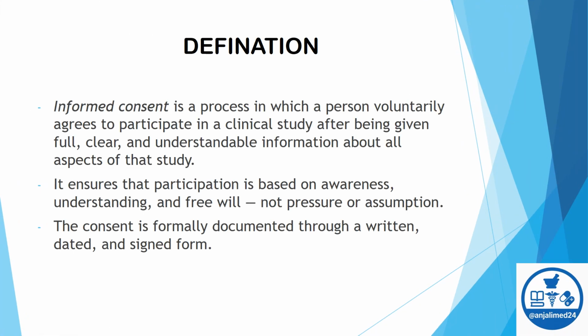Definition. Informed consent process is a process in which, before anyone joins the study, they are provided in detail with information about the study. What is the study for? How and when will it be conducted? What will be the benefits of the study? What will be the risk factors? After the subject understands everything clearly, they can participate voluntarily in the study. All this is to be decided in the consent form.